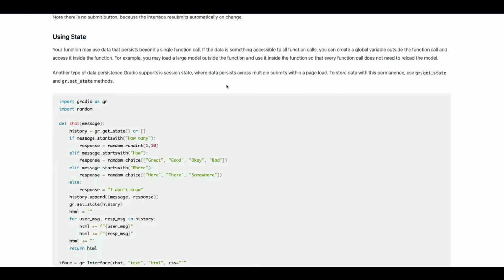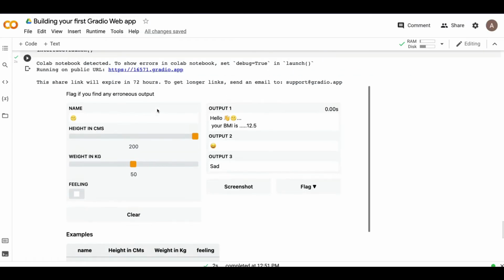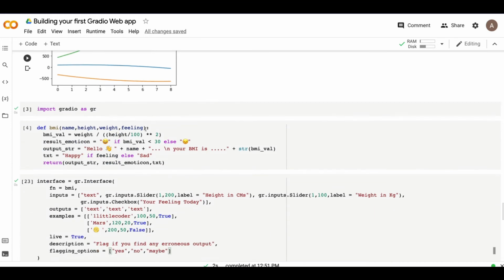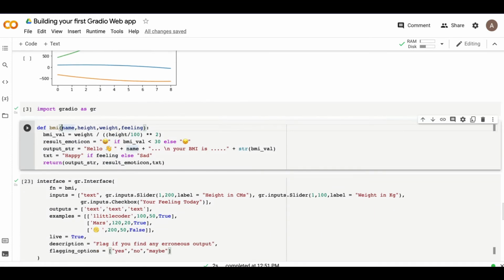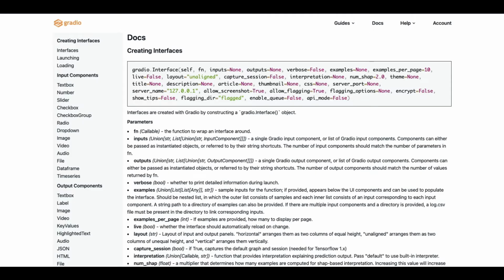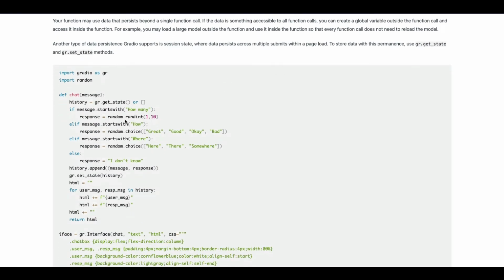State is quite common again in full stack development. If you want to create a state that persists outside of a single function call, which means you need a global variable, something outside the function that you have, then you need to set state. A chat message is a typical example.